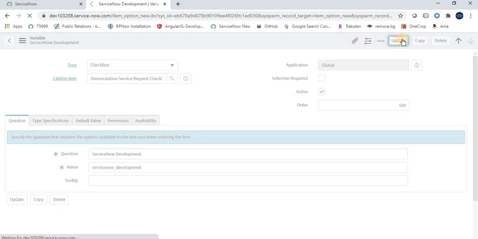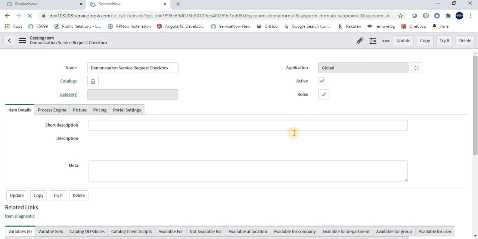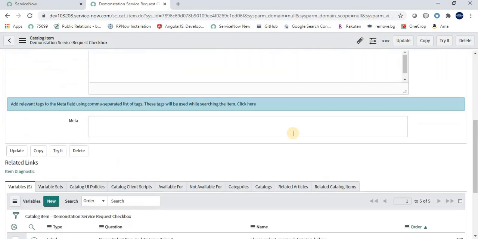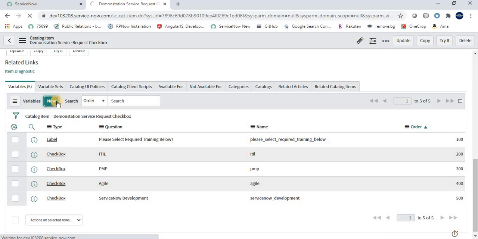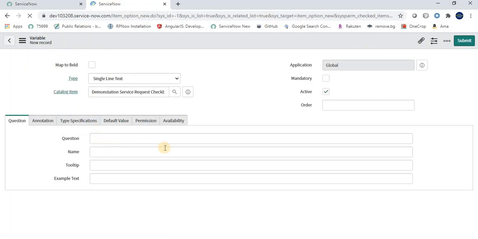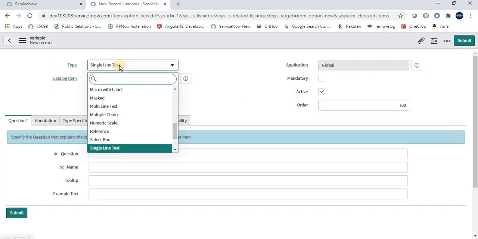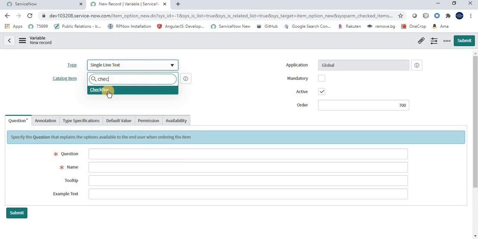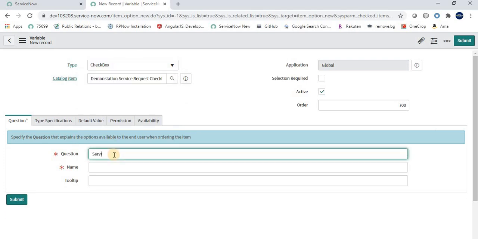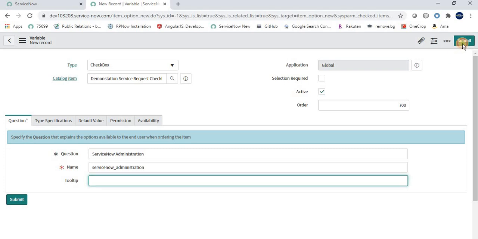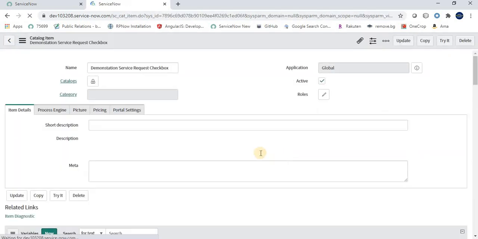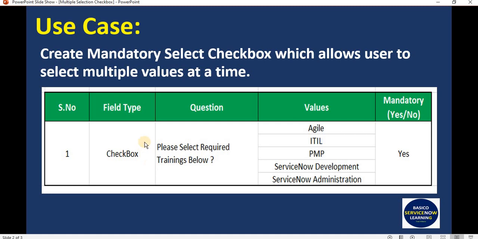Click on update. And now the last one, ServiceNow Administration. I'm giving the order as 700 here, selecting checkbox, saying ServiceNow Administration. Okay, and click on submit. So here we are done with the checkboxes and label.